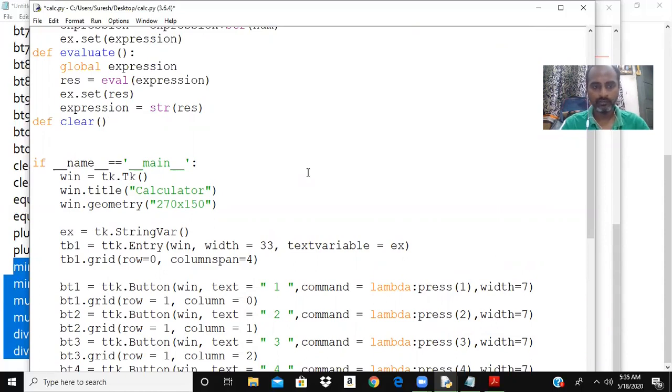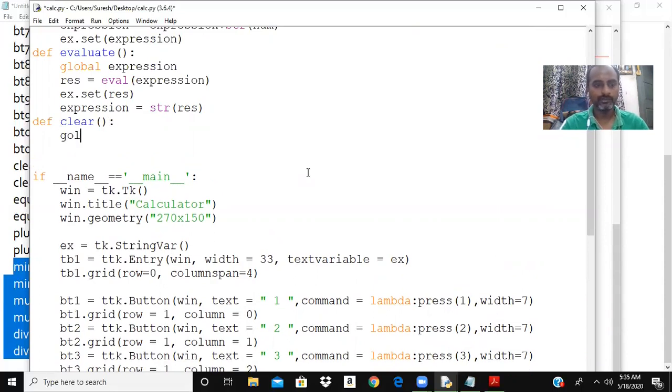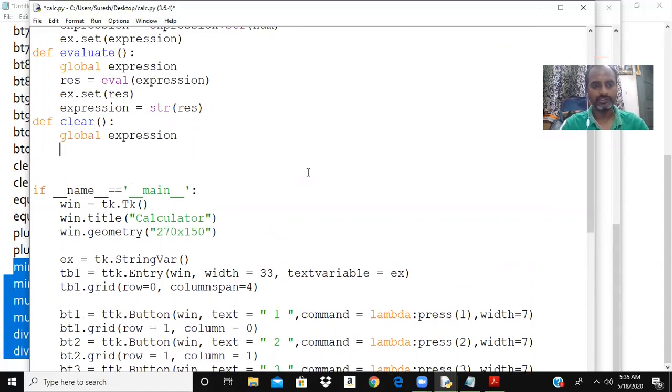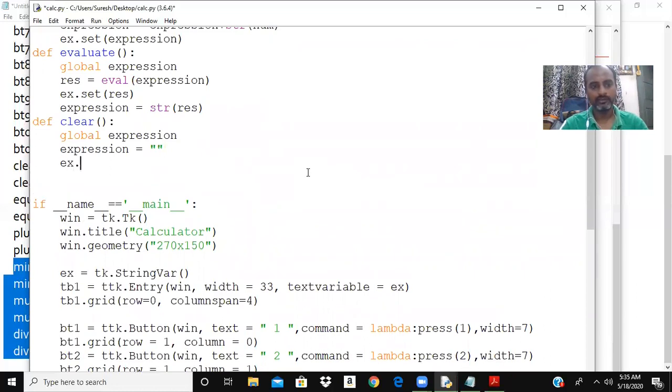Keeping that in mind, when I say clear, I'm taking global expression, expression is equal to empty, and set it, ex dot set expression. Okay, this will clear the expression. You can see that I am making the expression empty and setting it in the text box. So the text box will be clear.